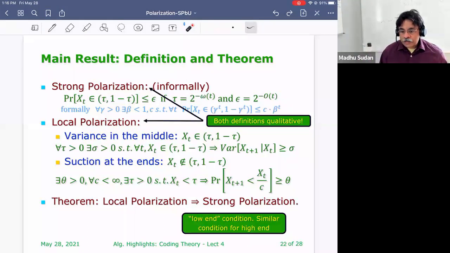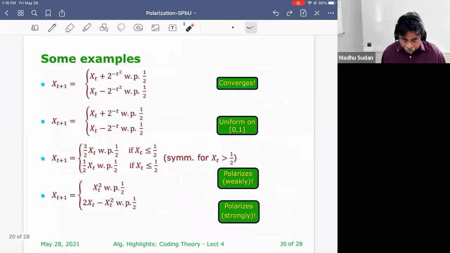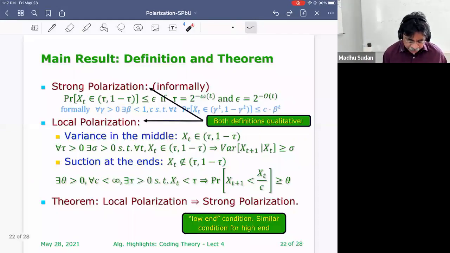Won't you get 2 to the minus t after log t steps? If it has suction at the ends, it will not give you 2 to the minus t after log t steps. It'll give you 2 to the minus t after t steps. It will also give you 10 to the minus t after t steps. Yes, for the last example, we actually get much better polarization. And indeed, in an updated paper, we have a notion of exponential suction at the ends and prove